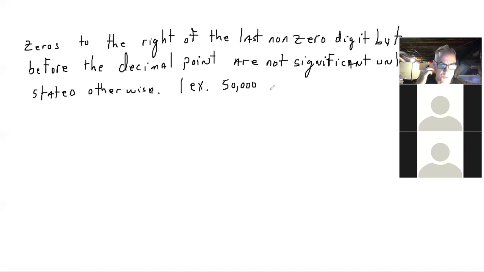So unless someone says these zeros are significant, we would assume there's one significant digit. It is possible they could be significant, but it has to be stated as such. Or if I had just 210, there would be two significant digits, again, unless otherwise stated. Right. So that is our